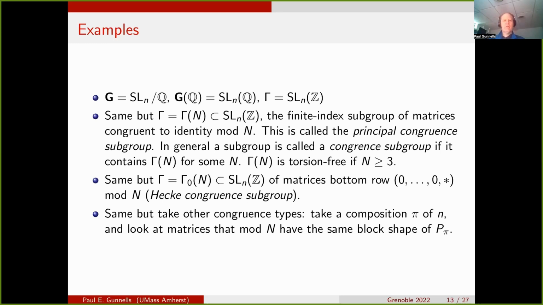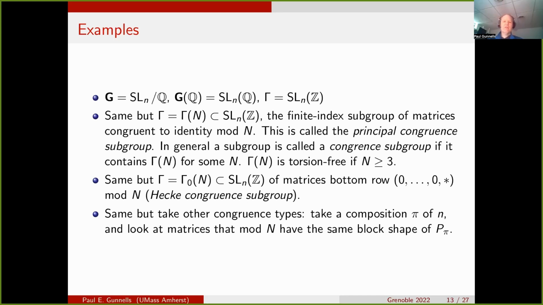So one question you might ask is, well, the congruence subgroups are a big class of examples, but is every finite index subgroup of SL_n(Z) a congruence subgroup? If little n is equal to 2, there are non-congruence subgroups there. For little n bigger than or equal to 3, all finite index subgroups of SL_n(Z) are congruence subgroups. But there is something special that happens for SL_2.